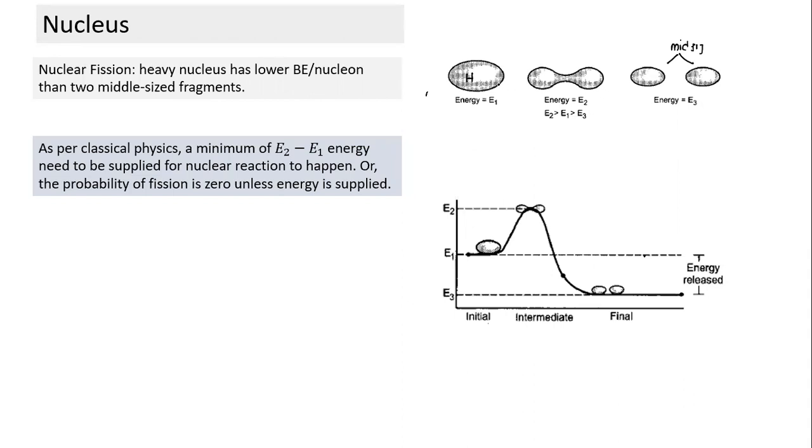But if we want to trigger this, why does it happen at a slow pace? We can understand it like this. One may feel it should happen on its own. From this state to this state, since it's a lower state, it should spontaneously break from a larger nucleus to mid-sized nuclei. But just think of it like a drop. If you want to break it, first we need to shake it up.